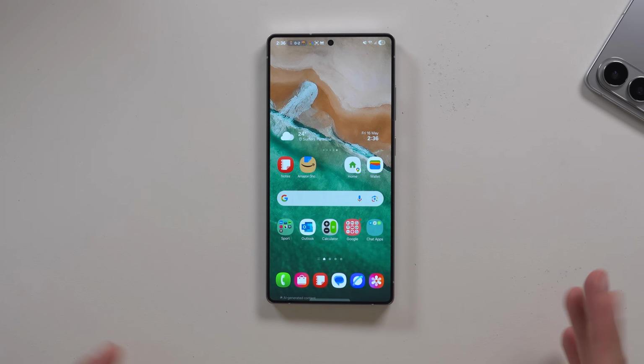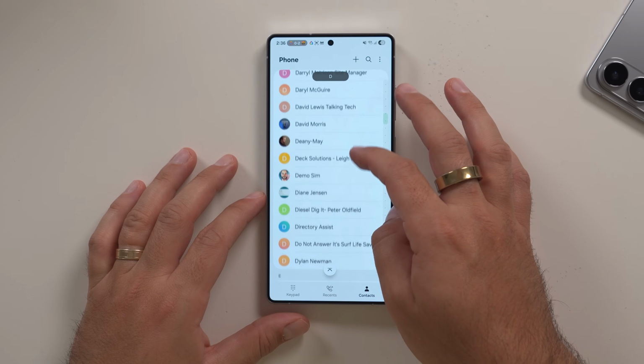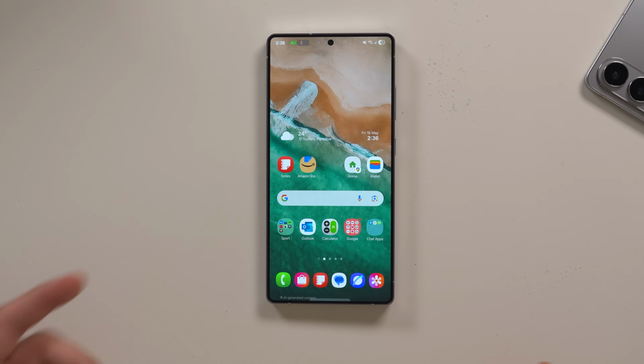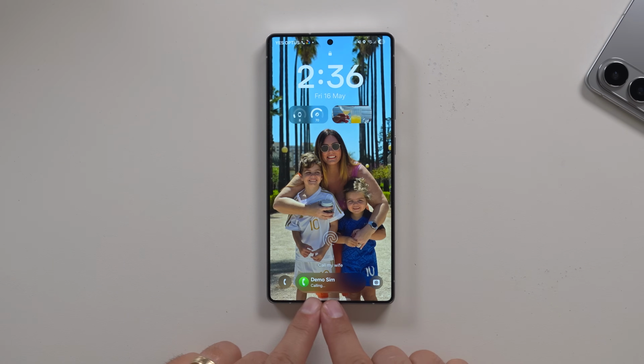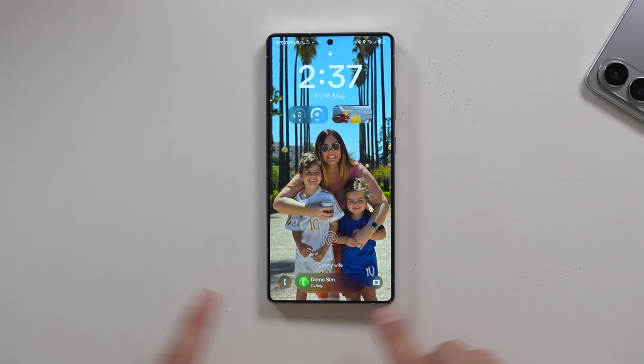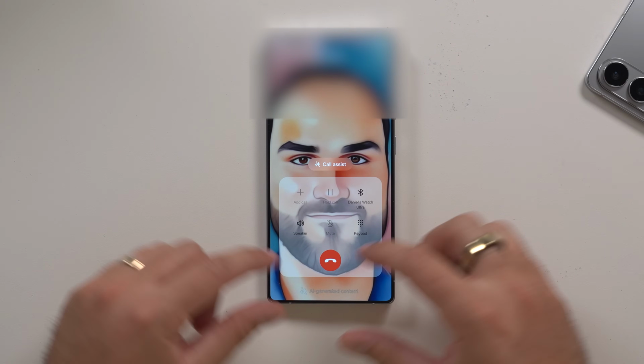Nothing really else has changed in terms of the Now bar. The only thing you can really talk about is the fact that the Now bar will show phone calls. So why don't we just make one? Let's just call myself. All right, so a phone call will be taking place. And then when I lock the screen and have always on display, that sits there in the Now bar section. But when I click on it, it goes straight into the call screen as opposed to the little card section. So that's just how that works.